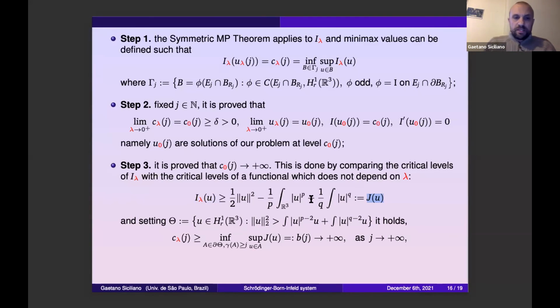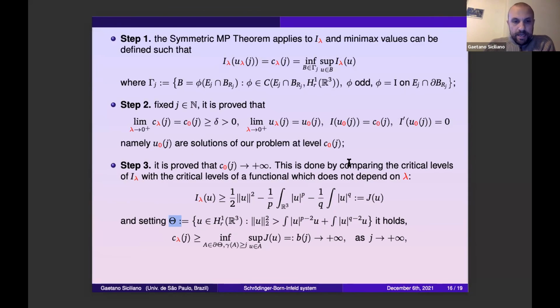And the manifold is the following one, just the boundary of this set theta. The boundary of this set theta is basically the Nehari manifold associated to J. And it is proved that J on this manifold satisfies the Palais-Smale condition, has infinitely many critical points and with critical levels,